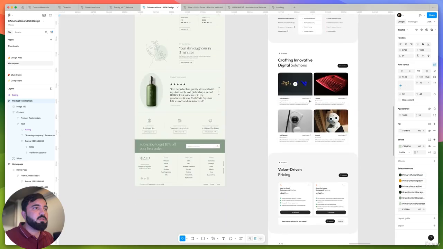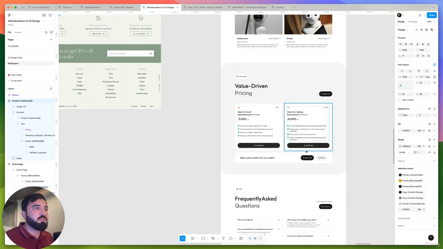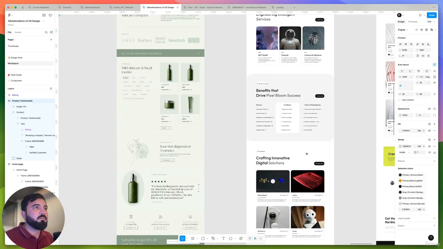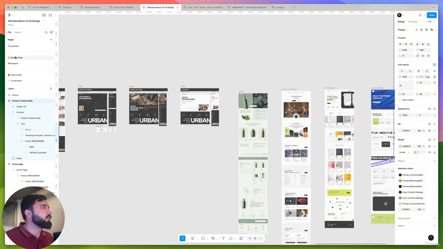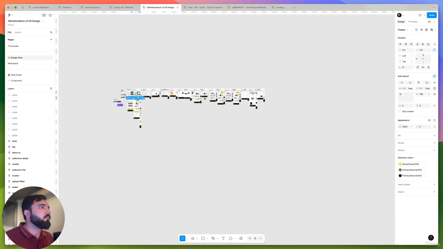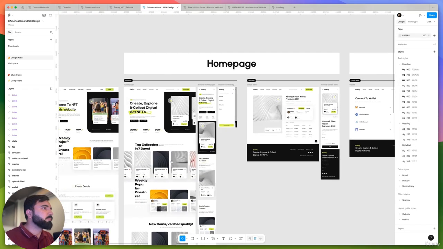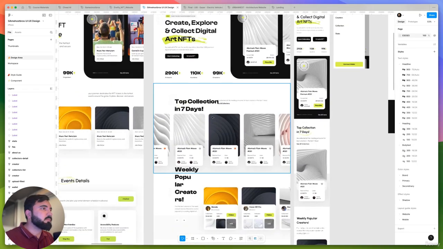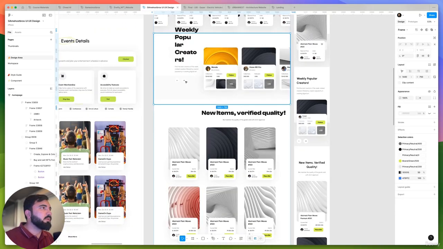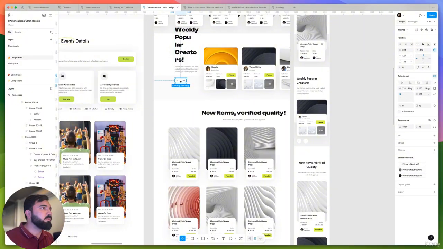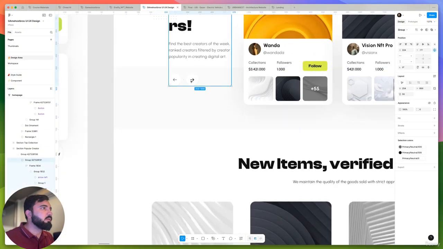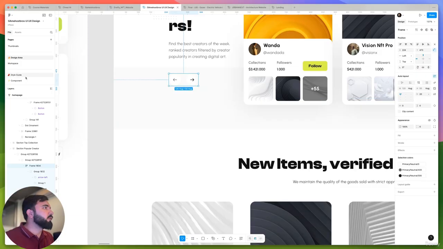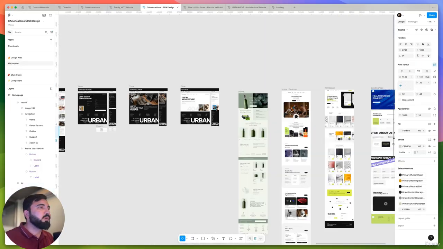So let's see if we have some arrows here. Yeah, we do have the arrows here. Okay, so let me just take it from here and to the workspace